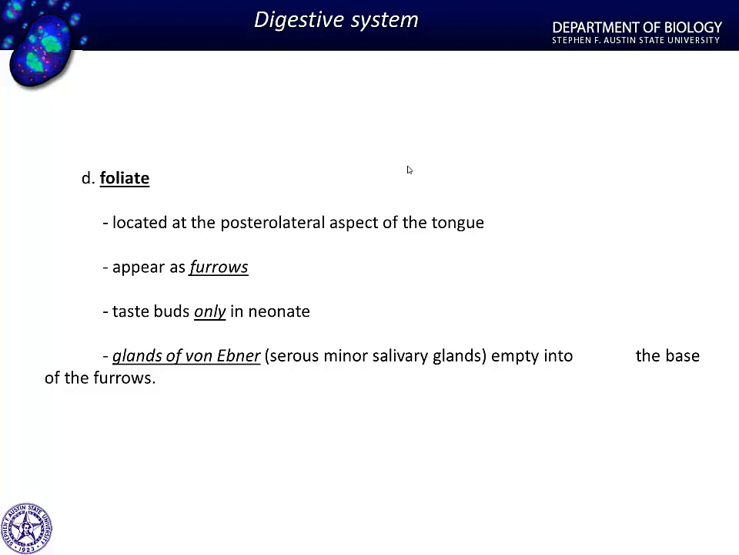Now the last ones are the foliates. We don't have real good light micrographic images of these, but these are going to be on the lateral surface. Again, they look like rows or leaflets, hence the term foliate. And really, you're not going to see taste buds on these very much at all. You may have some von Ebner's glands, but really, you're going to examine these and identify these on an external